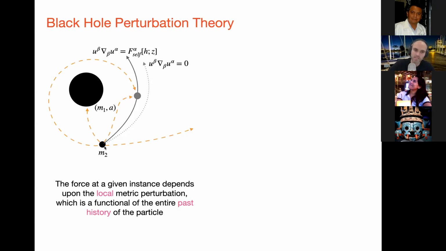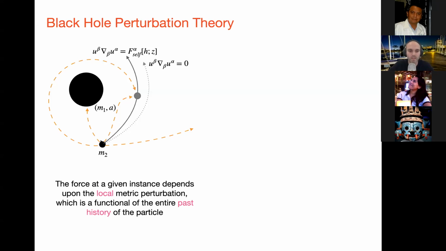And that can happen just by scattering off the curvature, also by the distortion of the light cones around the black hole. And so you can get propagation going around the black hole and re-interacting with the particle at the secondary at a later time. And when this happens, we like to think of this as resulting in a change in the trajectory of the particle, and we say that's due to a force that's come about, and that force is because of the metric perturbation of the body itself, and that's why we call it a self-force.